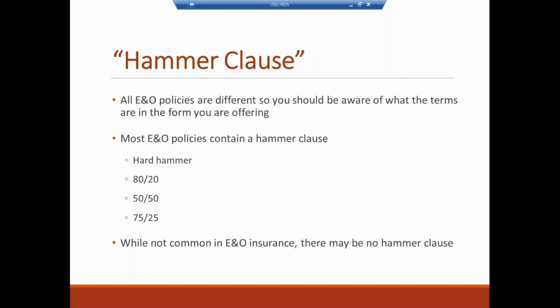So if we go to the next slide, all E&O policies are different, so you should be aware of this and what type of consent to settle clauses are in place. For example, most E&O policies contain a hammer clause. There's the hard hammer, which basically means that whatever the settlement amount is, they either accept that or they're on